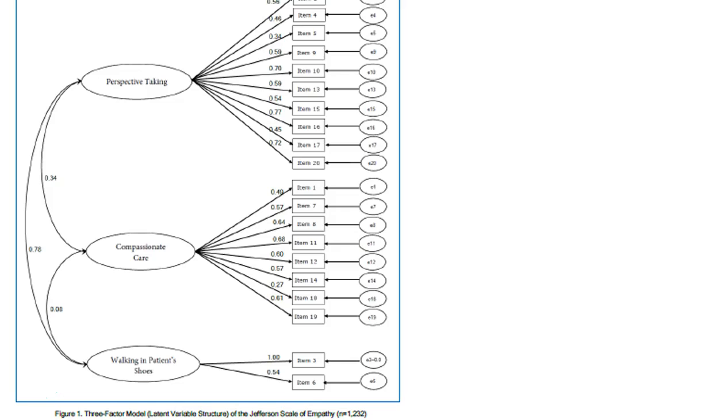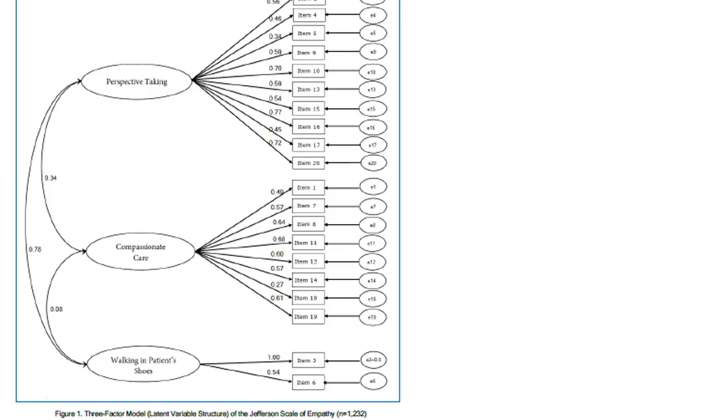So you'll notice the results table for these models contains fit statistics. It doesn't contain parameter estimates. The parameter estimates usually would be reflected on a figure like this one. There are obviously a lot of other subtleties associated with these models. We know that if you look at the